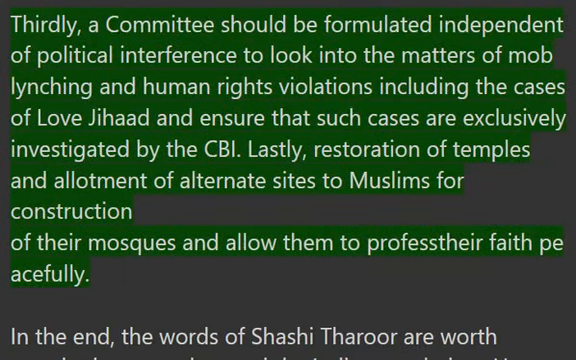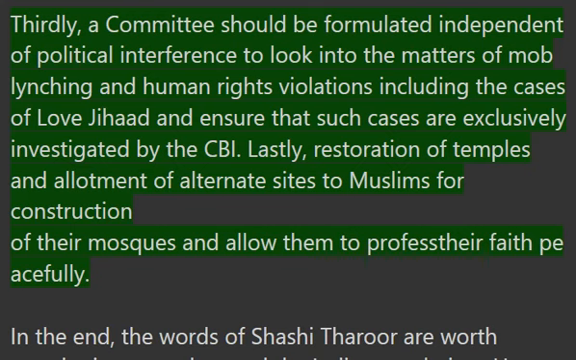Thirdly, a committee should be formulated, independent of political interference, to look into the matters of mob lynching and human rights violations, including the cases of love jihad, and ensure that such cases are exclusively investigated by the CBI. Lastly, restoration of temples and allotment of alternate sites to Muslims for construction of their mosques, and allow them to